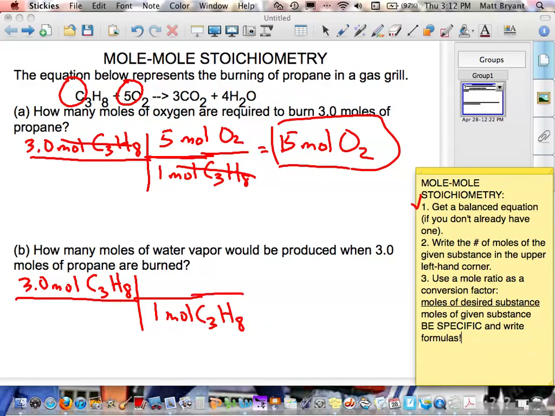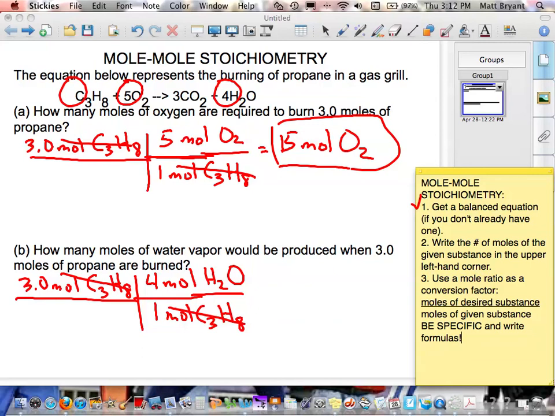And then, if we're being asked about water vapor, we need to find the coefficient for H2O to put in our other step, because that's the moles of the substance that we want, or our desired substance. So, we have 4 moles of water over the 1 mole of propane,